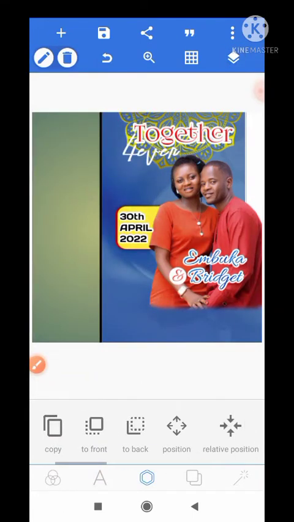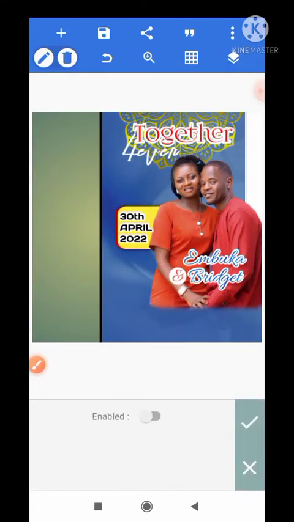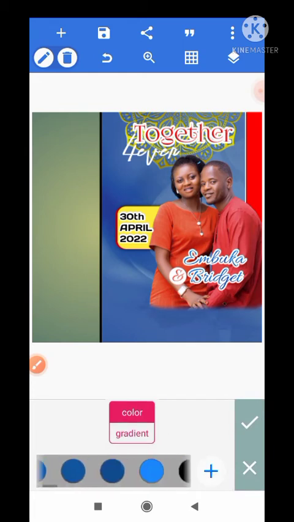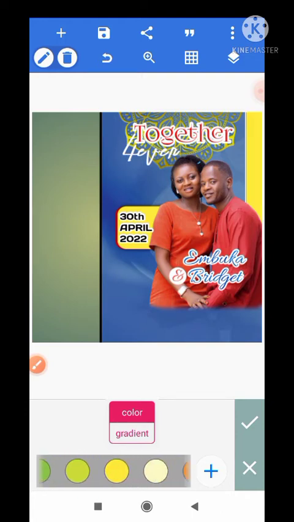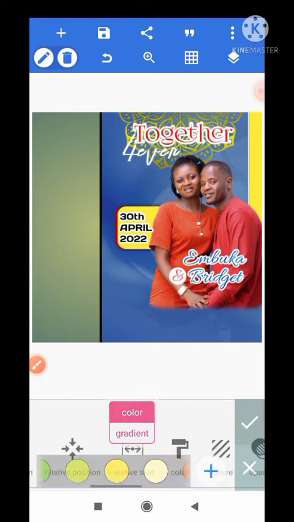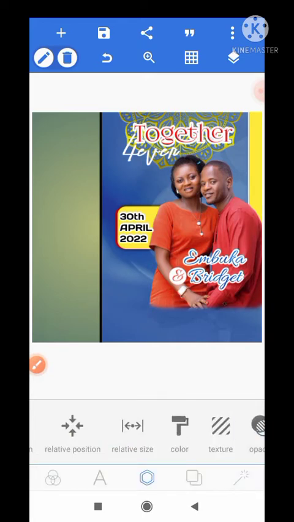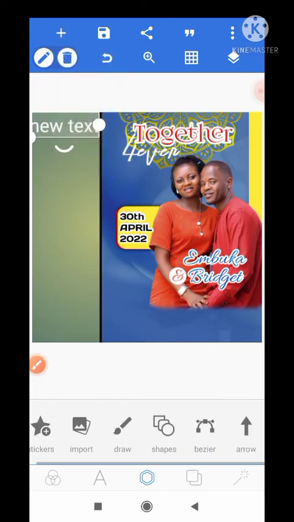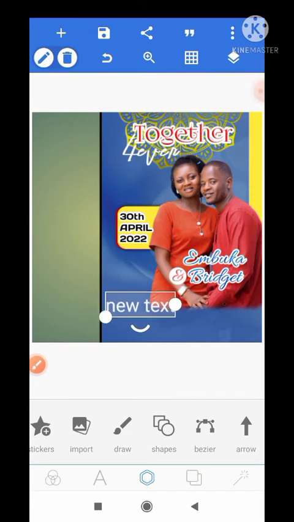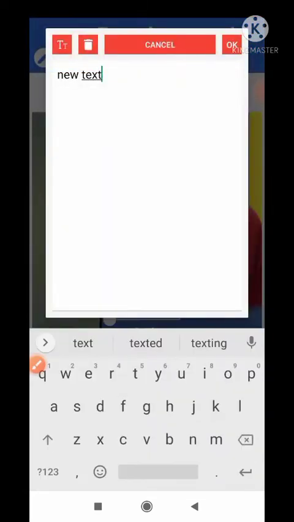And then we'll change the color from white to yellow. So we are changing the color from white to yellow, and we'll shift it a bit, and then I think this is perfect. So the next thing we want to do is to add happy married life to the bottom of our subject. So click on the plus icon, and we'll add the text, and we drag it below, and we'll click on the text, and we'll type